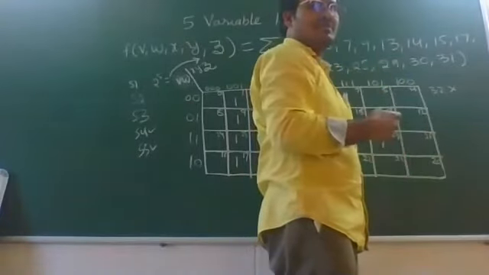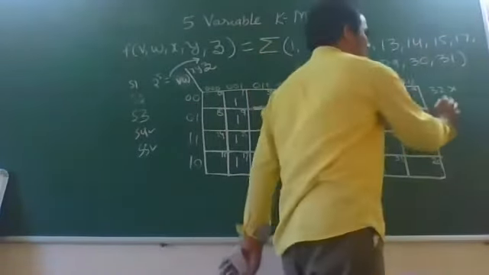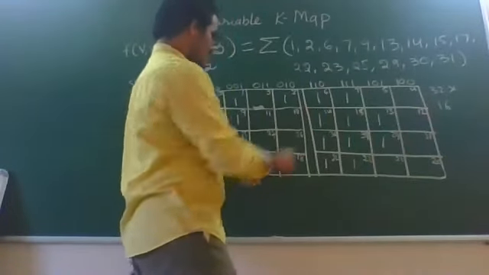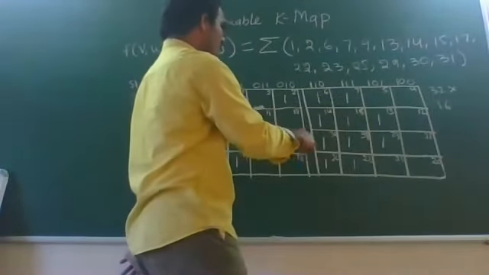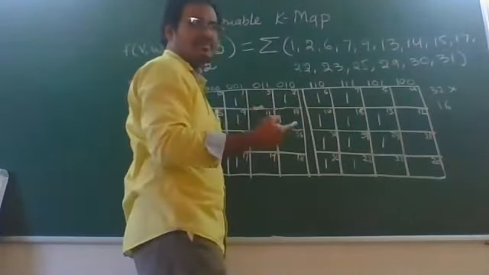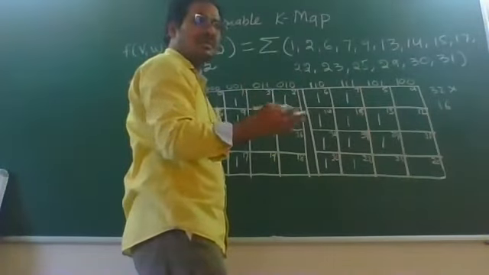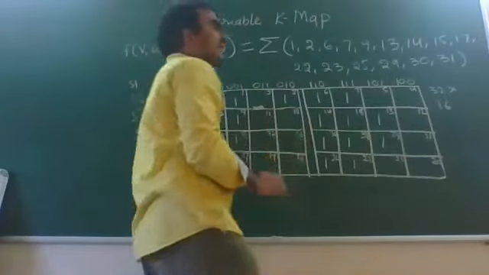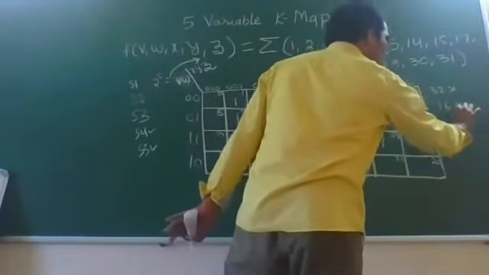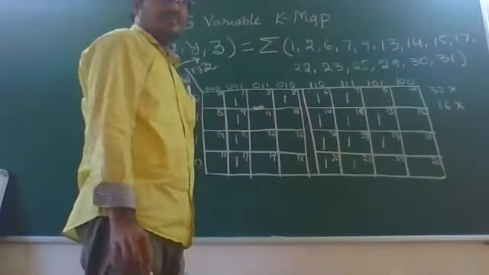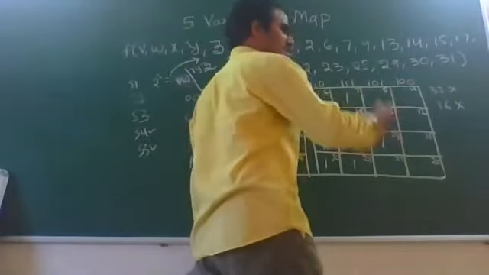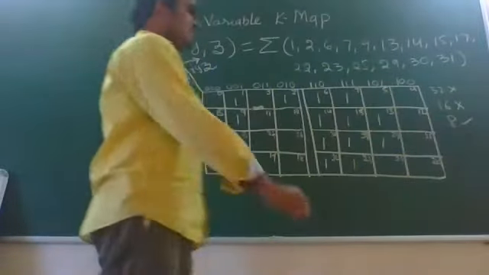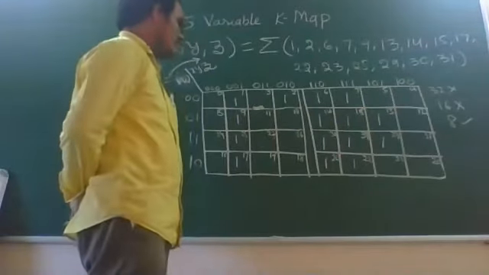Next highest possible subcube size is 2 power 4, which is equal to 16. Of course, there are 16 cells that are minterms. The next criterion to form a subcube is they must be adjacent to each other. But all the 16 cells are not adjacent to each other. Hence, a 16 cell subcube is not possible. The next highest possible is 2 power 3, that is equal to 8 cells. So is an 8 cell subcube possible? Yes, it is possible.